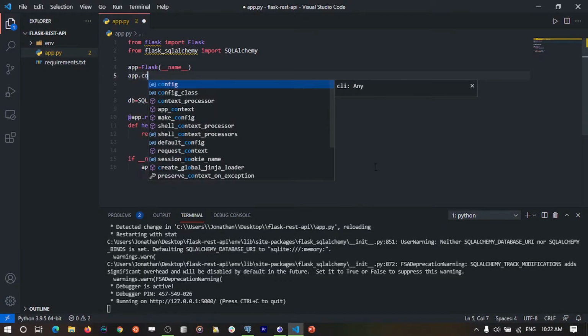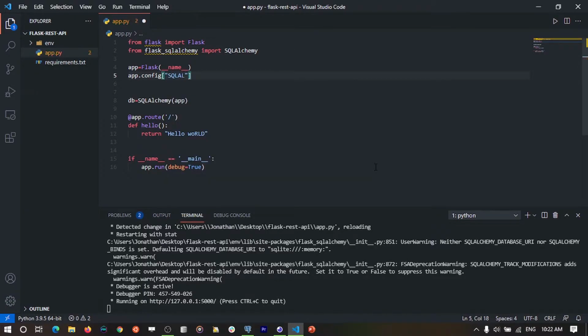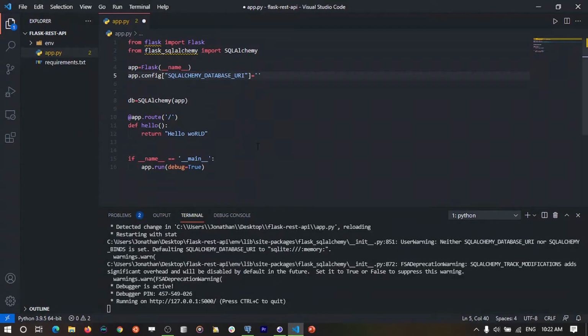So I'm going to say app.config, and this is going to be SQLAlchemy database URI. Now we're going to pass in the connection string to our SQL database. In this case, we're using PostgreSQL, and the name of the database we're going to use is called recipes. So we are going to write PostgreSQL,